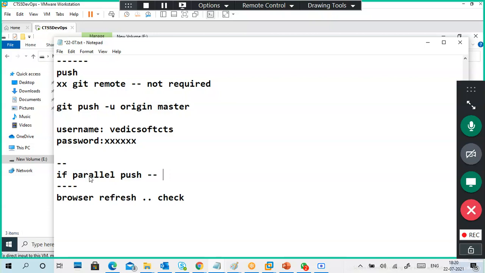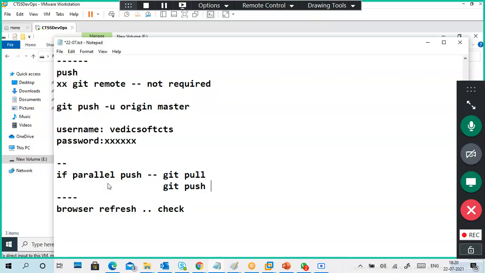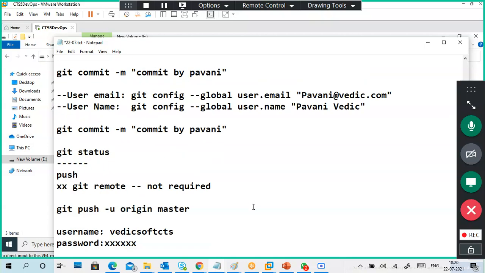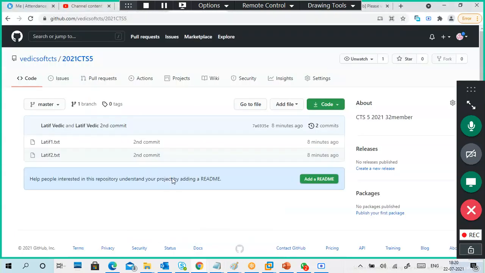Then what you do, the command is git pull, and use git push -u. Okay, like this. I will show you how to do it, guys. So don't worry. It may give you a little confusion.